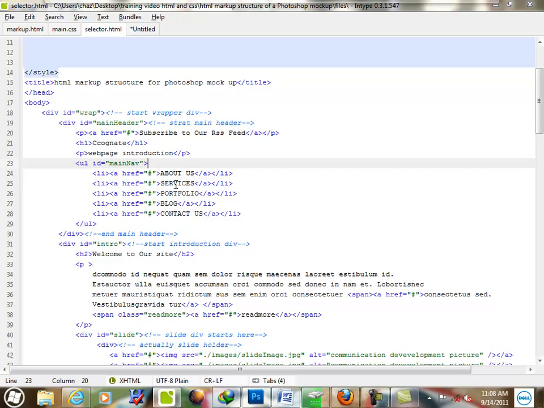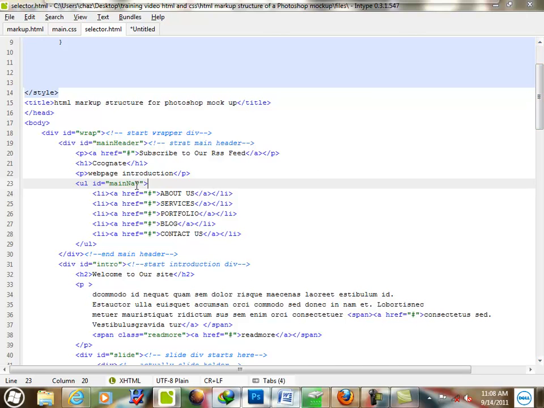I think I should recap that. I made a little tiny bit of mistake in the explanation. The name of the ID should have a meaning to your structure, not to the appearance. Like now, if I'm here, we use main head. We don't want to use something like, let's say, color main head,